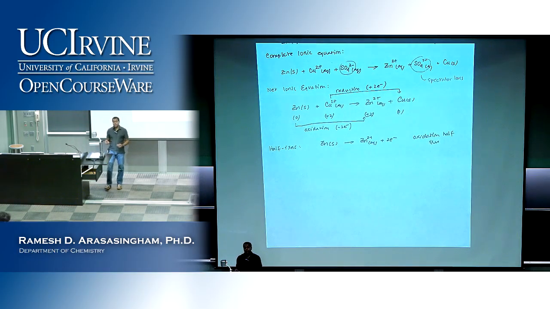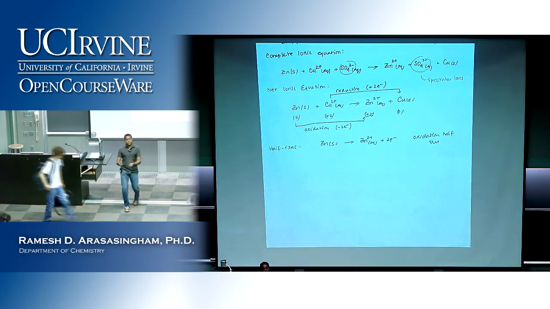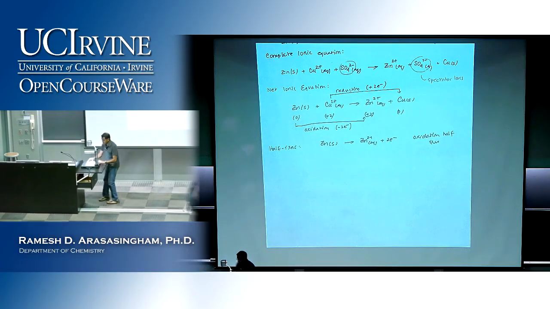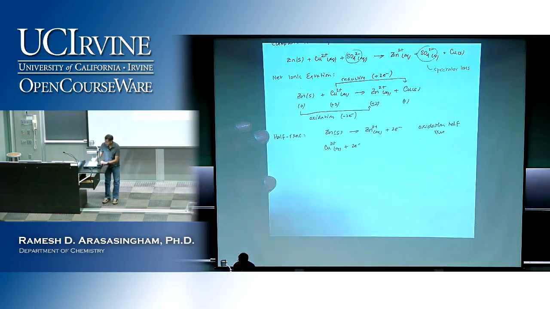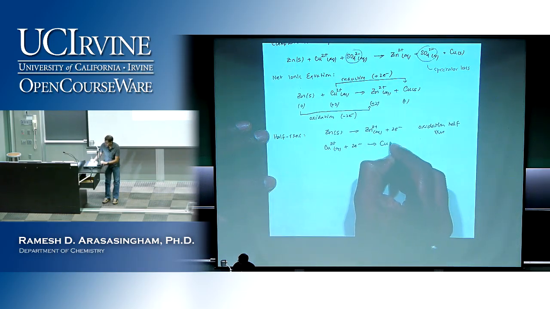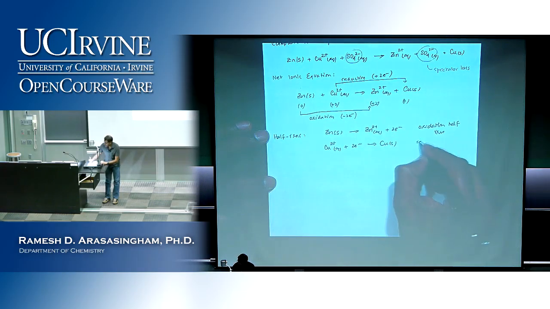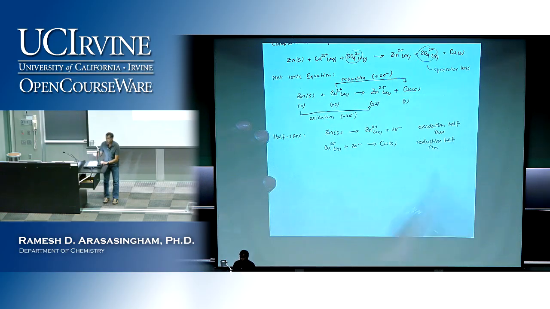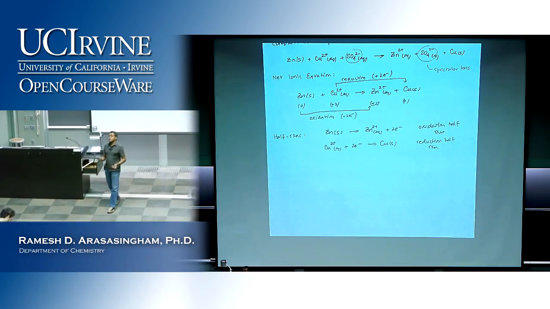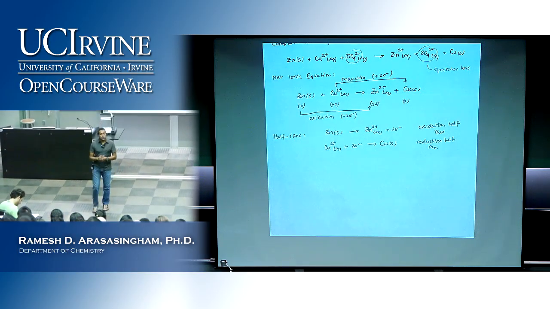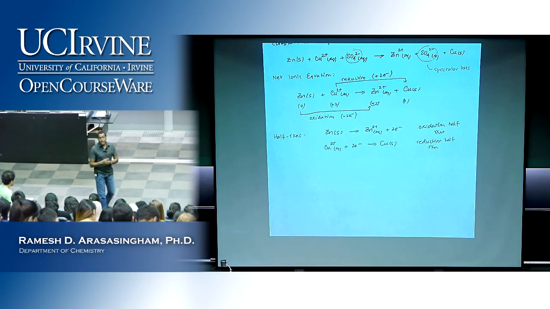All right, it's oxidation because the electrons are on the product side, electrons are being lost, or electrons are being produced here, so that will be the oxidation. And then on the other side, we have copper 2 plus aqueous, picking up the 2 electrons that are lost to give you copper solid, and this would be the reduction half reaction. And in this case, the electrons are on the reactant side. That means they're being picked up in the reaction, so electrons are being gained in the process, and therefore